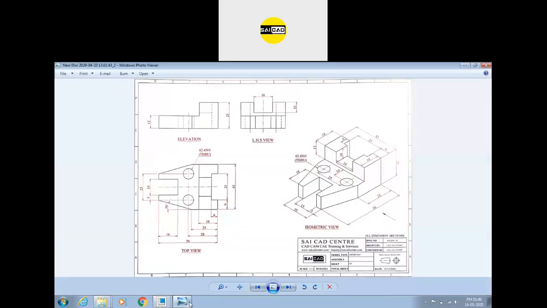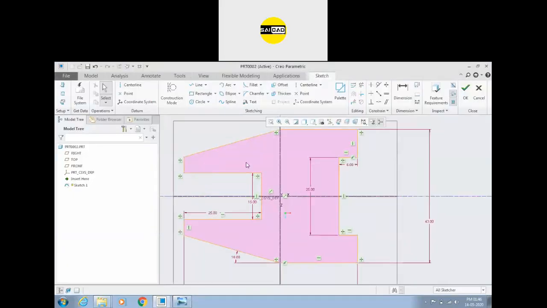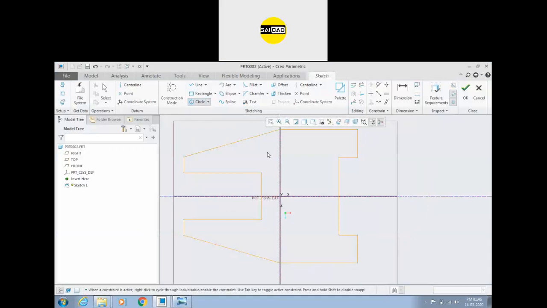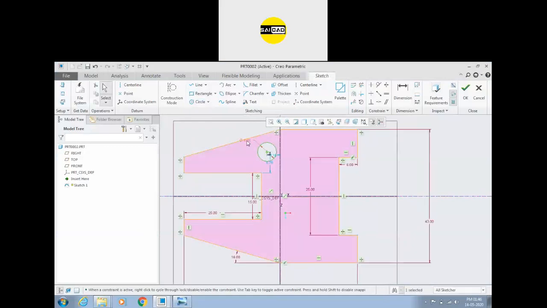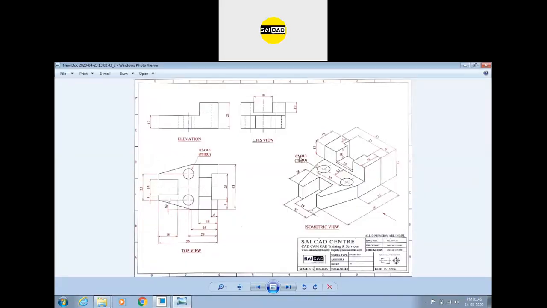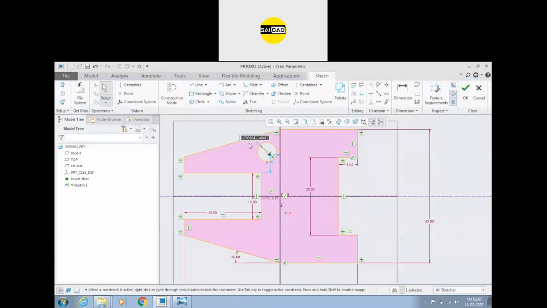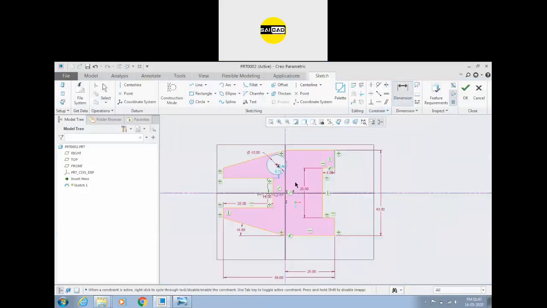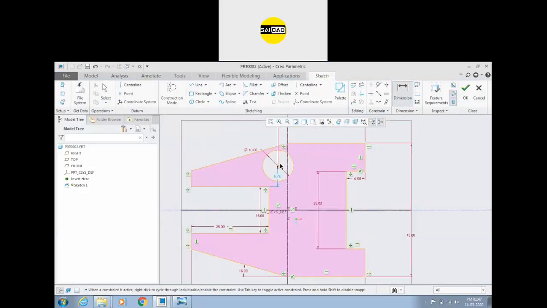Now we need the two circles that are right here with 25 gap, 10 mm distance from there. Okay, and so we need to create two circles that are 10 dia. Okay, and the distance is 28 from here. So diameter is 10. We are going to define the dimension from here. That is 28, and we are going to define the gap from mid.